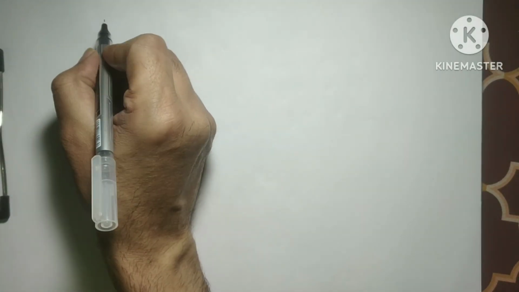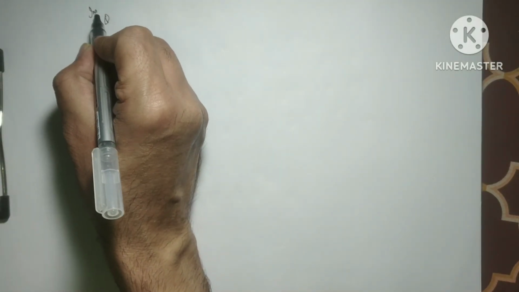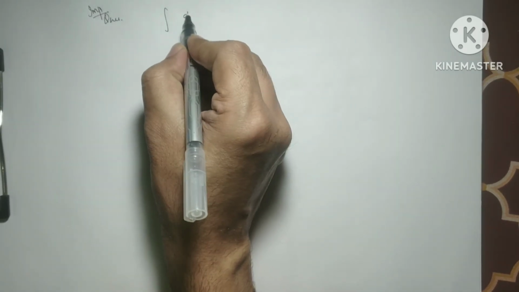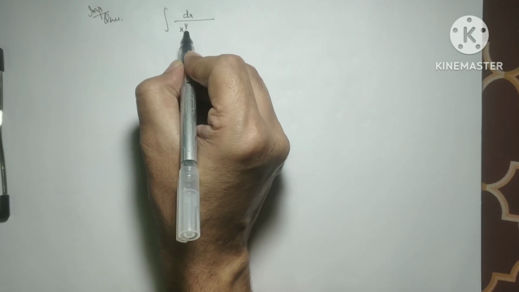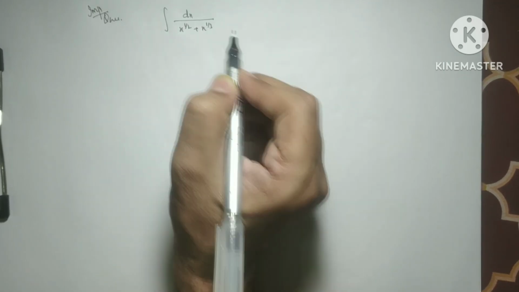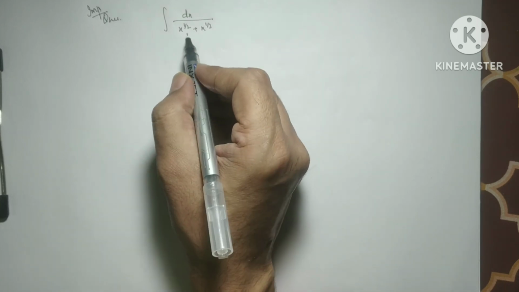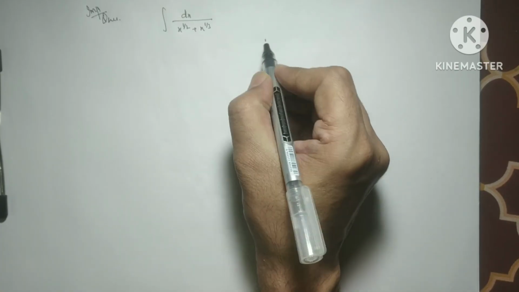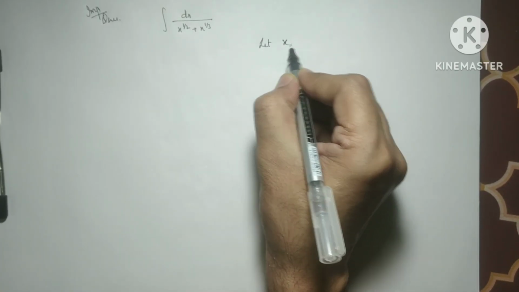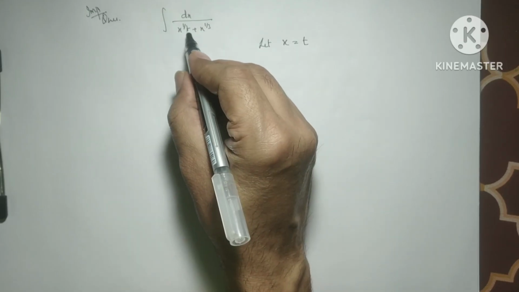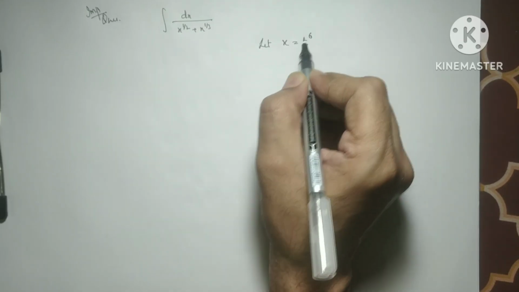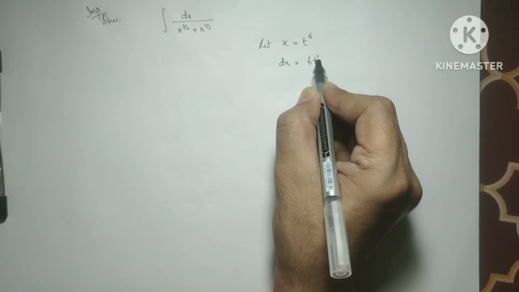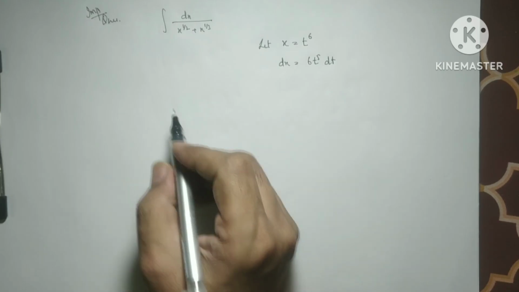So the next question, this is an important question. Integrate 1 over (x to the power half plus x to the power 1/3). So we have the fractional powers. To solve this type of problem, we will consider x as t to the power LCM. The LCM of 2 and 3 is 6. So we consider this. Right now dx equals 6t^5 dt. So we will place